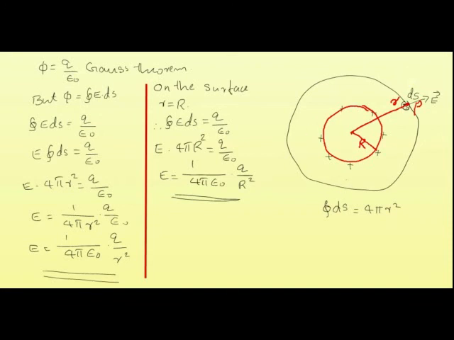Now what will be the electric field inside this shell? So we have found electric field outside the shell, on the surface of the shell, and finally what is the field inside the shell? You know, inside the charge is 0, because all the charges are spread over the surface. So there is no charge inside the shell. Therefore this equation will become what? Closed integral E ds is equal to 0 by epsilon 0, that is E is equal to 0. In other words, inside the shell there is no electric field present.